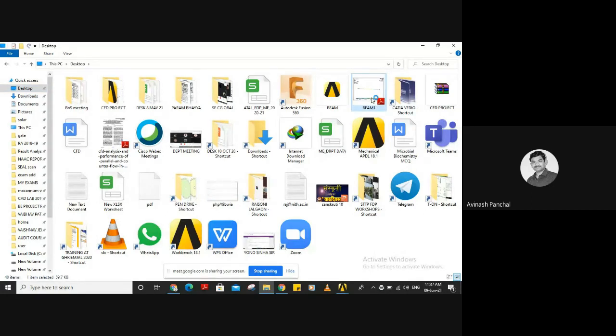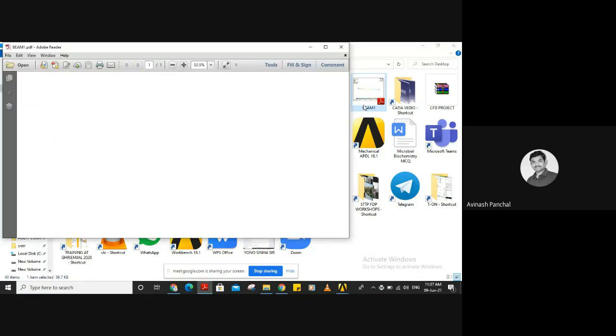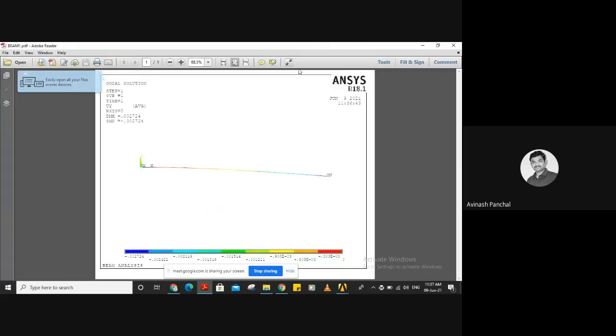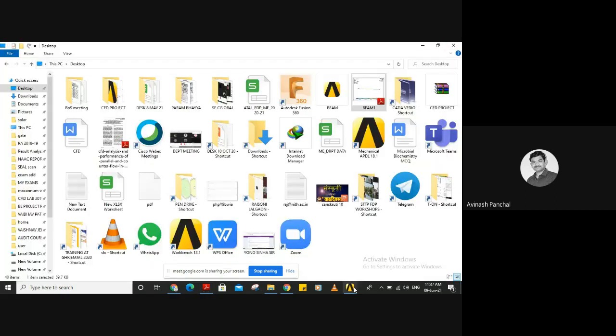We can select this, and we can see it as a PDF. Here we can see June 9, 2021, 11:36. This is the timing it is taking. Everything is given. The beam analysis title is there, and everything is given over here.